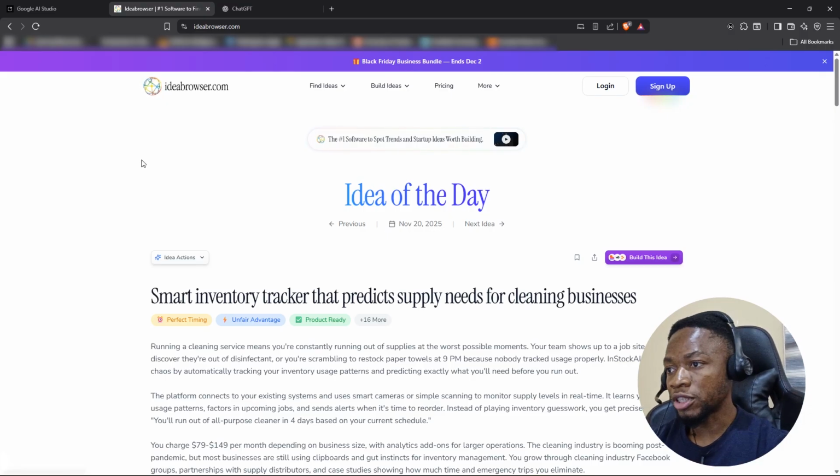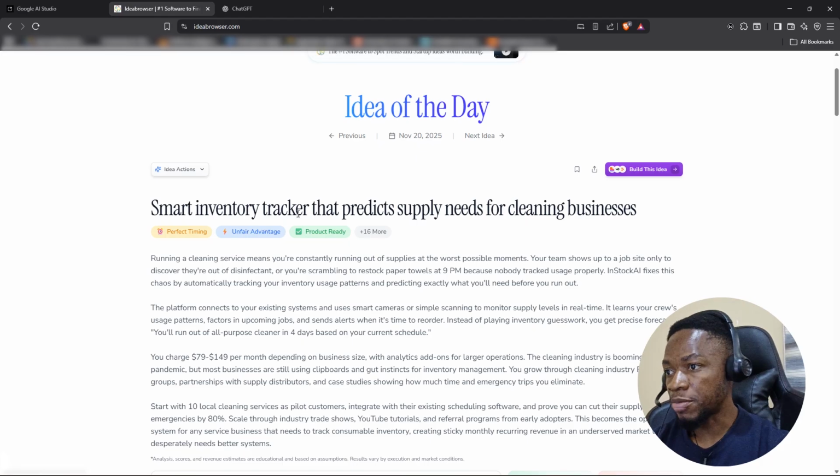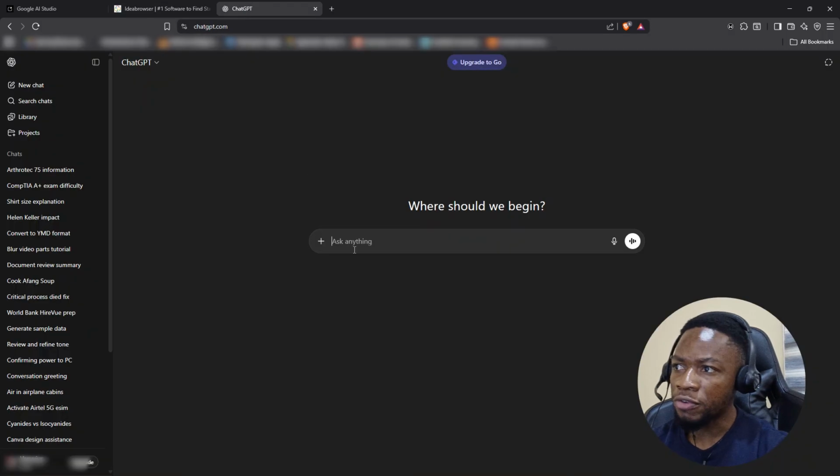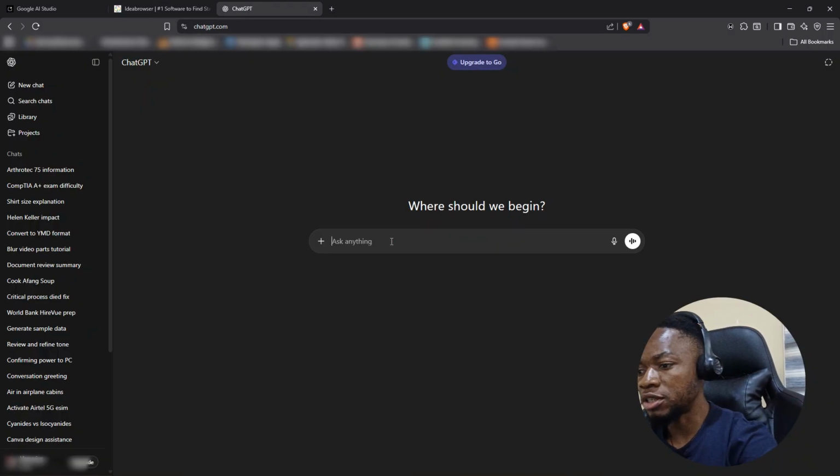So what I do is, let's take for instance this smart inventory tracker that predicts supply needs for cleaning businesses. I'm not going to worry myself too much about parsing the information in here, reading and understanding what's going on. I'm basically going to copy this entire web page and take it over to ChatGPT, and I'll tell ChatGPT that it should